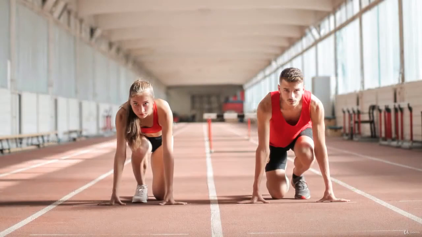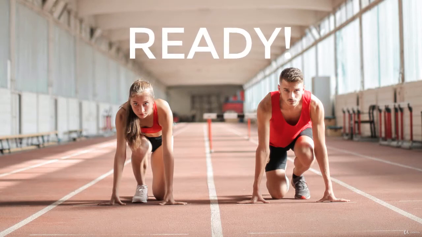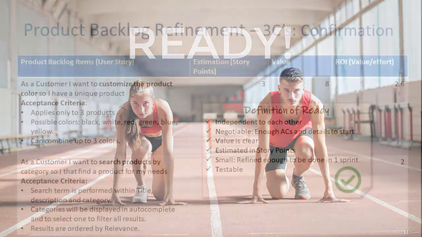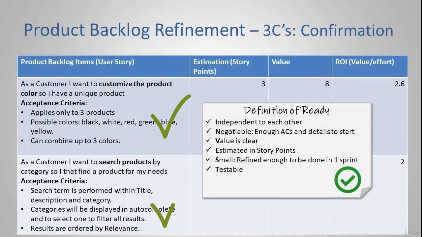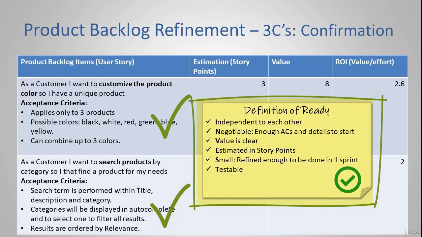Being ready means that the team feels ready to start with a certain user story, like athletes being ready to start a race. Only user stories that are ready can be added to a sprint backlog. Having a definition of ready is a good technique and practice to prevent product owners from pushing stories that are not ready into a sprint. However, the definition of ready is not required by Scrum.